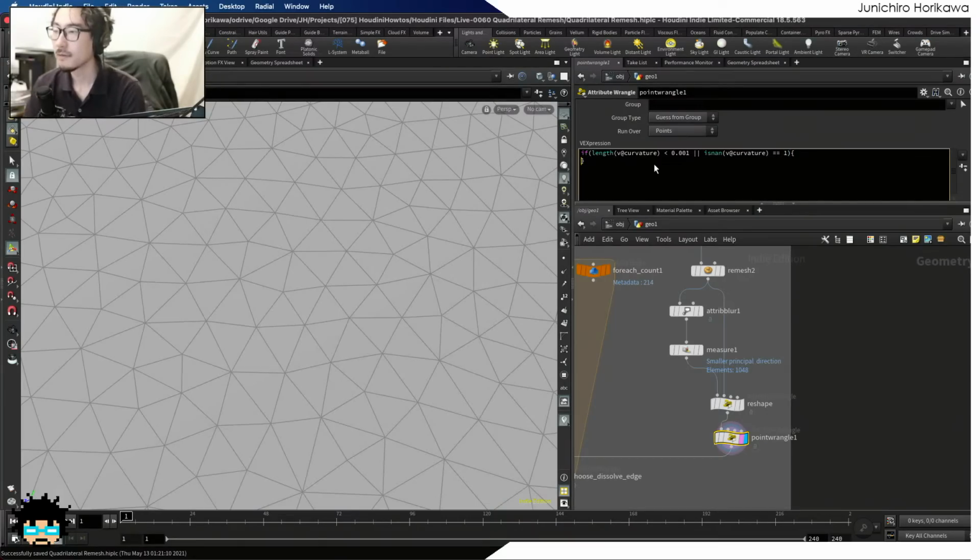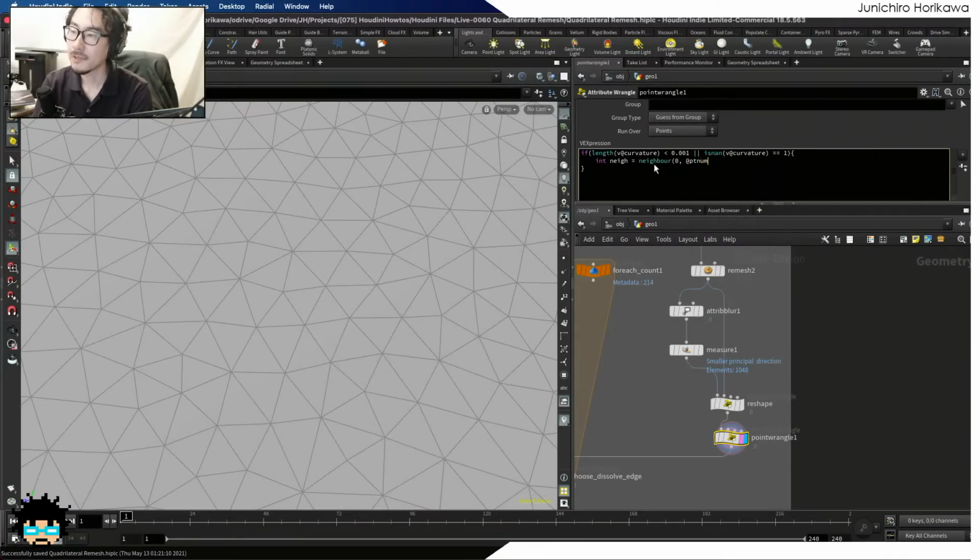Then that's when you want to add some additional random curvatures. So what I'm gonna do is get the first neighbor point using the neighbor function